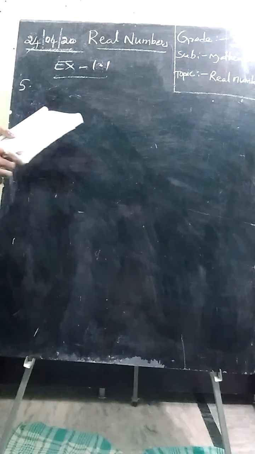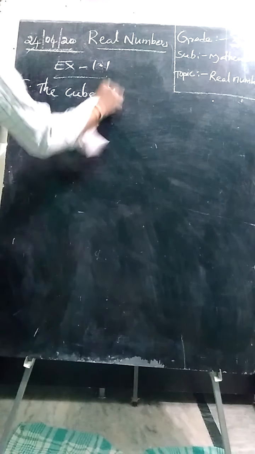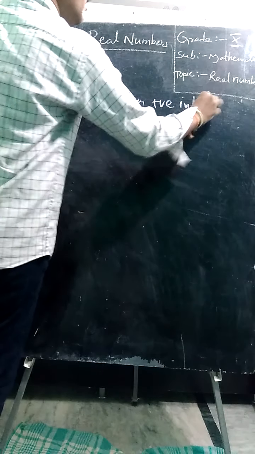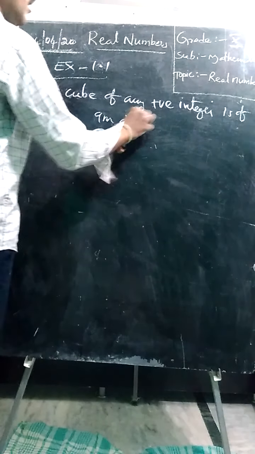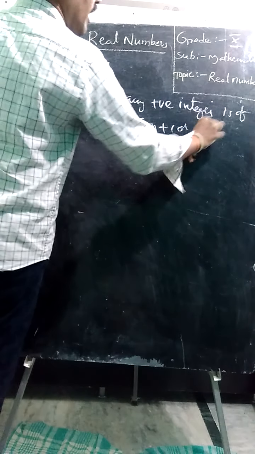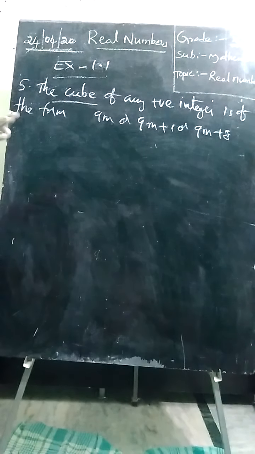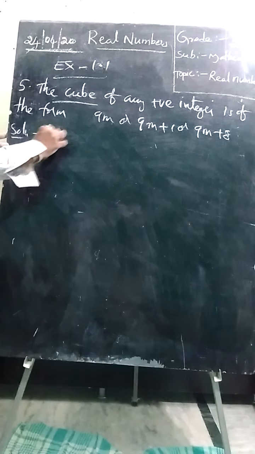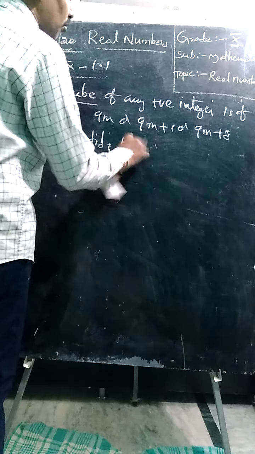The given question is, use Euclidean lemma to show that the cube of any positive integer is of the form 9m or 9m plus 1 or 9m plus 8. So we have to prove for the cube. In the previous problem we proved it for the square, students. Same process. We will take first the solution. Let, by Euclidean lemma or Euclid's division algorithm, Euclidean lemma or division algorithm, both the same,